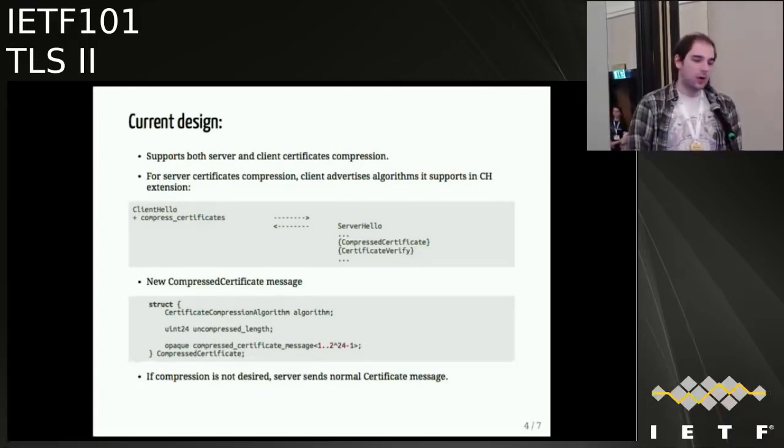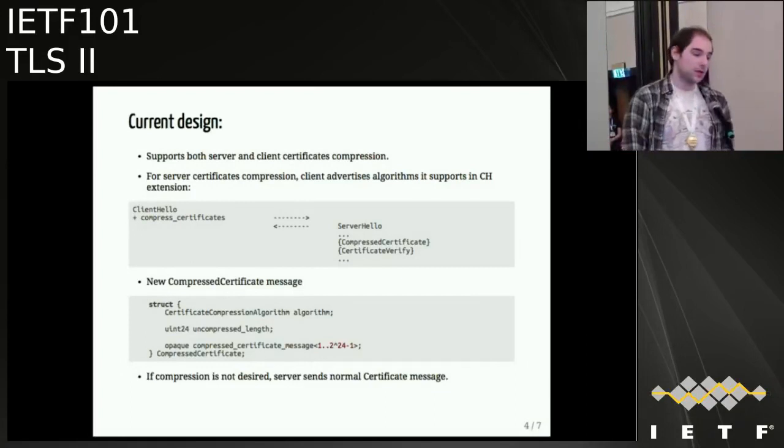If the server decides to compress, it sends back a compressed certificate message rather than the usual certificate message. This message contains all the information needed to decompress as well as the compressed certificates. And of course, if the server doesn't want to compress or doesn't support compression, then it just sends the normal